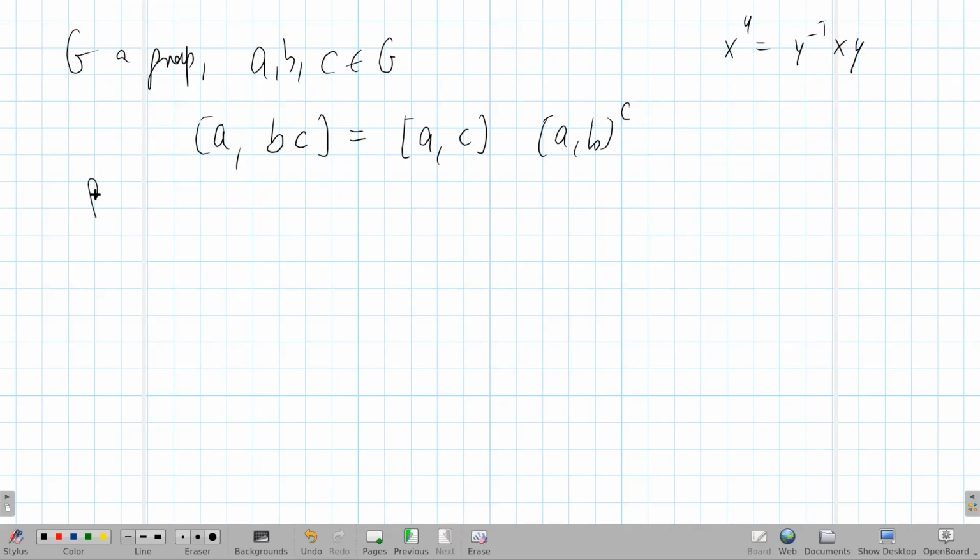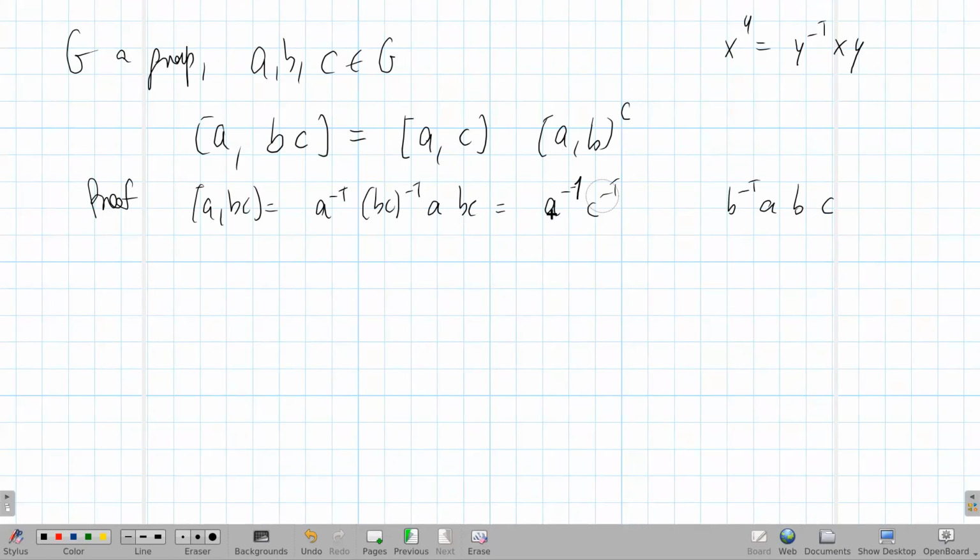Let's prove this. And the proof goes like this. It's tricky, but elementary. So what's [A,BC]? This is the inverse of A, then the inverse of BC, and then A, and then BC. No, sorry, of course, I was doing it wrong. This is the inverse of BC, so it's C inverse, and then I leave some room, then B inverse, A, B, C. So you see, this begins like A inverse, C inverse, so it's part of a commutator,